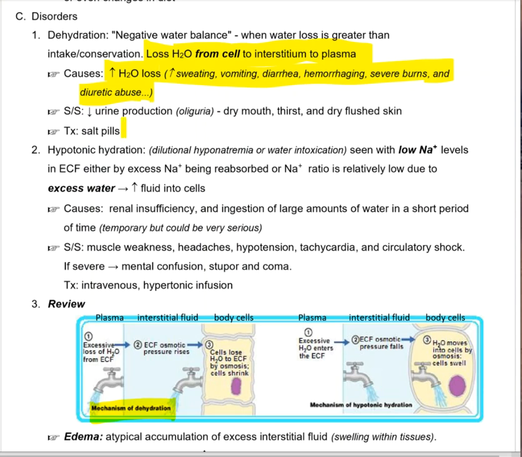And so the question is, why would you give salt when you don't have enough water? Now, of course, you're going to try to rehydrate the person by giving water, right? If we know someone's dehydrated, we want to give water. But often we give saline or salt pills along with it because the water, remember how we were talking about